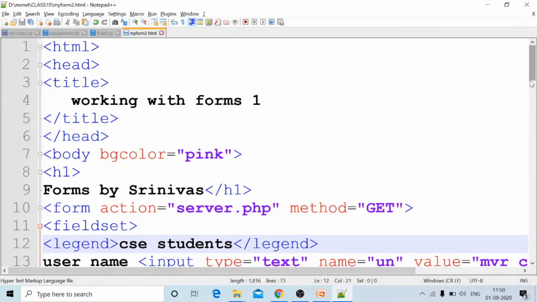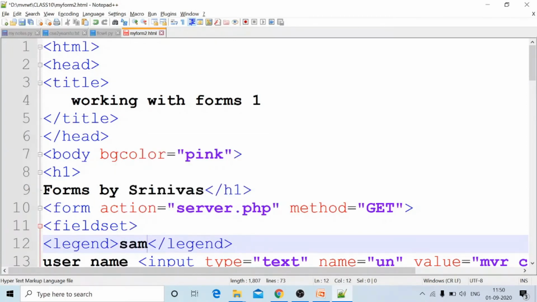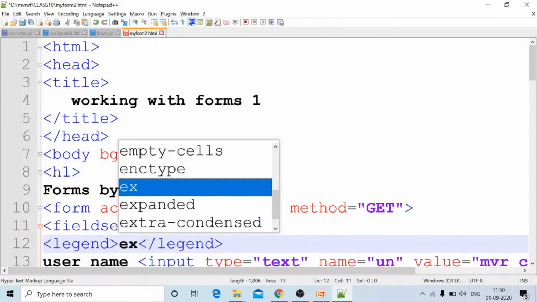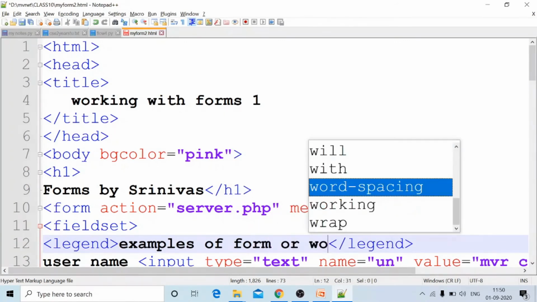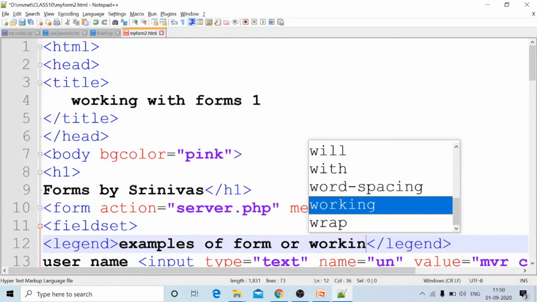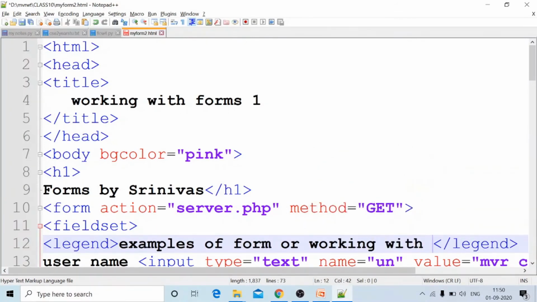Among these, I want to display this data: sample example programs on forms, examples of forms, or forms topic, or working with forms.